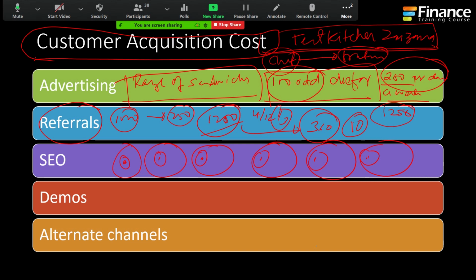Now let's say this cousin of yours who's doing this test kitchen hires another 4 chefs. She has the capacity and she thinks she can do 10,000 sandwiches a day, right? But now she needs the volume. She wants the business. So now what does she do? Let's say by this time she has about 100 customers at Habib. So she says, you know what I'm going to do? If you sign up